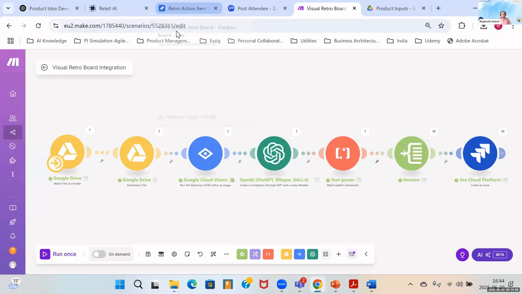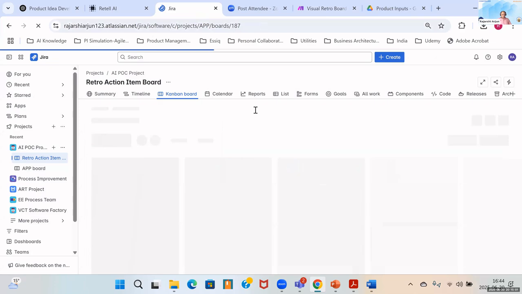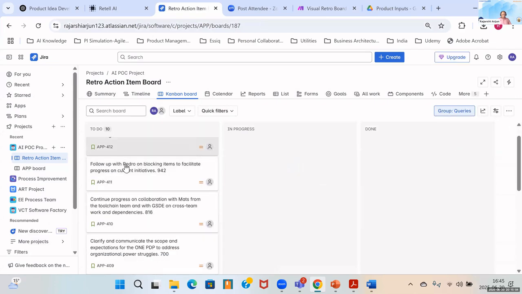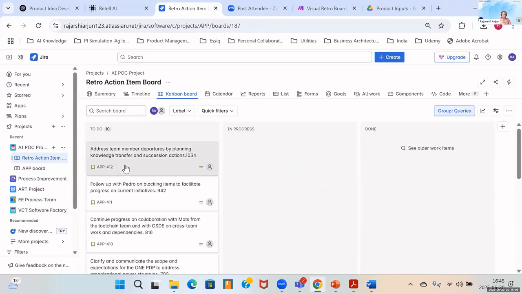And if I come back to this and I do a refresh, you see here are the action items it has generated. So we know now, okay, the Scrum Master and the teams can now decide how many things we would be taking from here, which are the ones we are going to discard. So you can basically choose from here, but it saves you a lot of time to actually create this manually. So these were some of the use cases I wanted to show you.